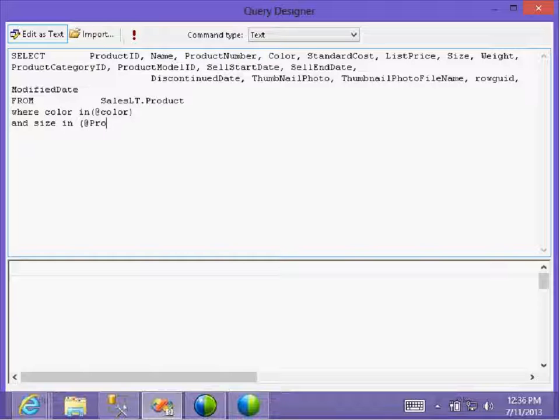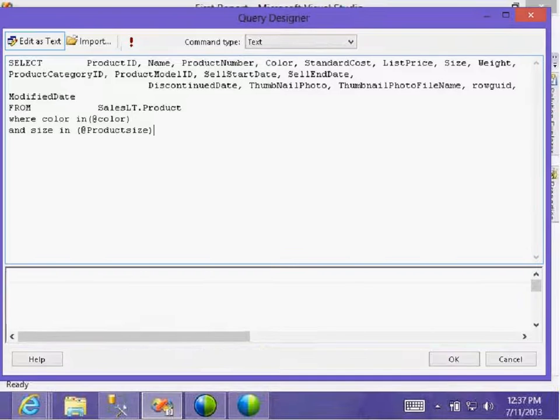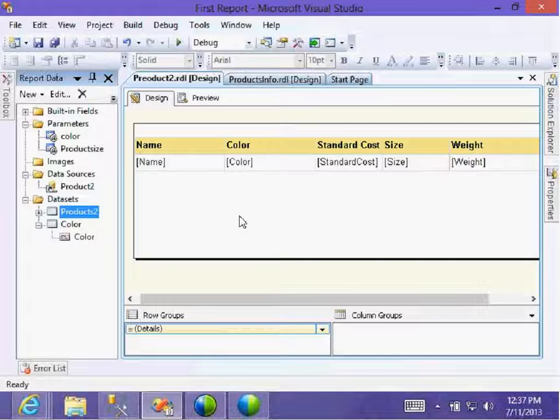I want to show the size. Size in size, then make sure of it in product size.